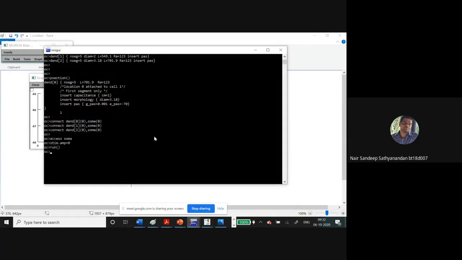Now let us create an object variable for stimulus, accessing the dendrite 0, and now define an object variable for easier identification.